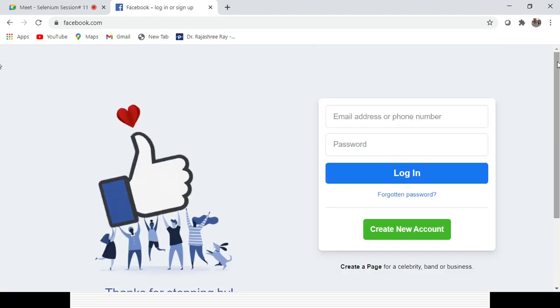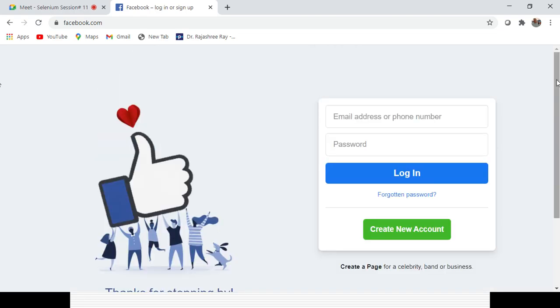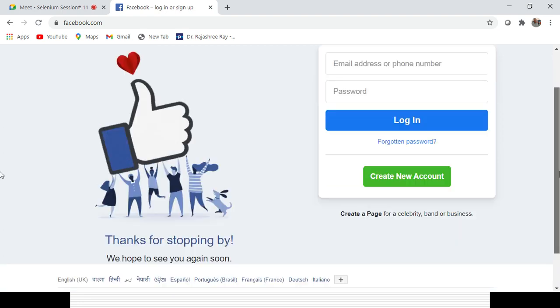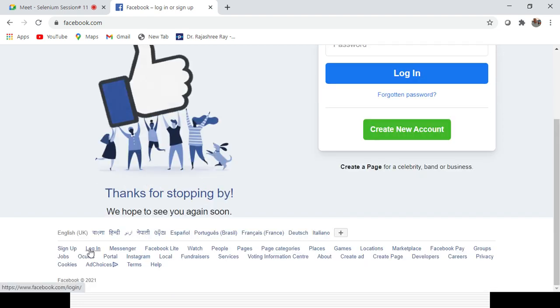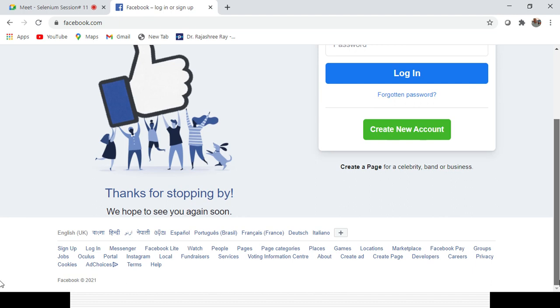Suppose if you do not use that, and I want to click on that login option, sorry, sign in option, say login option. Whenever the page is opening, you can see right now the sign in option is not visible in whatever view is already there. Sometimes your script can work even if it is not visible on the page, but sometimes it will fail because that login option is at the bottom of the page. So you need to move your scroll bar to that particular view so that it will be available. So first I need to inspect that element.